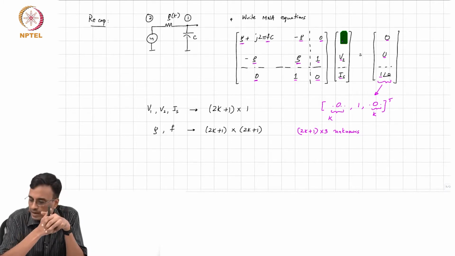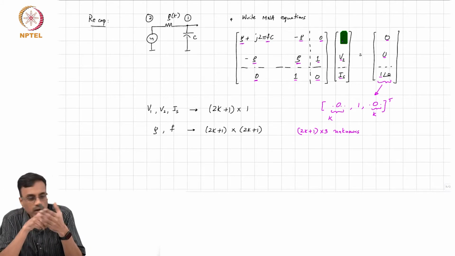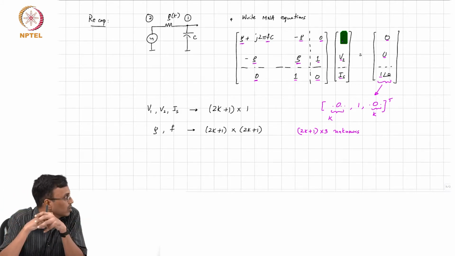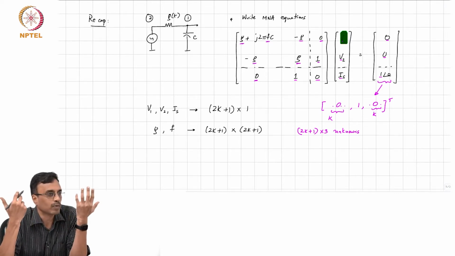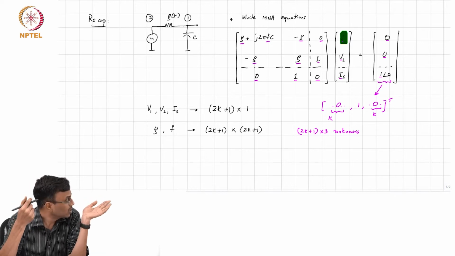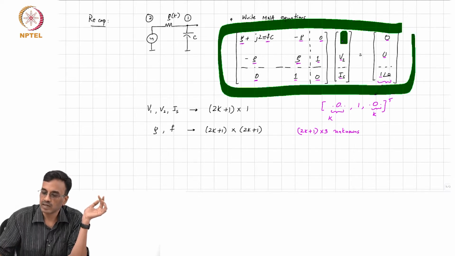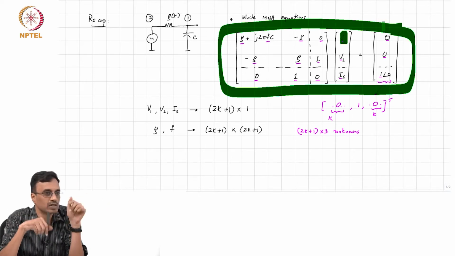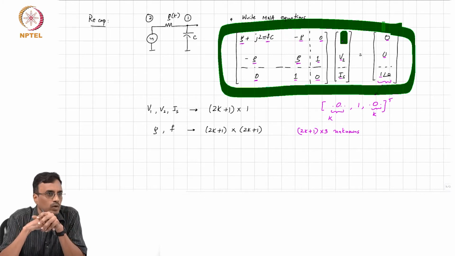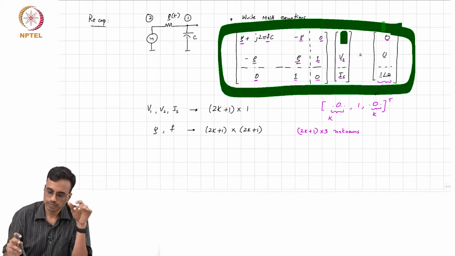So while it is true that you're doing a lot more work, which is inevitable because the conductance is varying with time, it's also true that you're able to get all those harmonic transfer functions in one shot. Now, as you keep changing the input frequency, you have to solve this set of equations for every frequency point, and therefore get the frequency response. Okay.